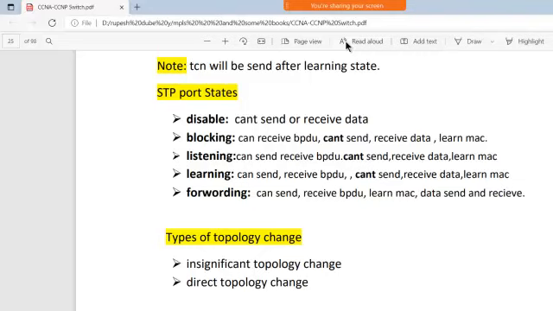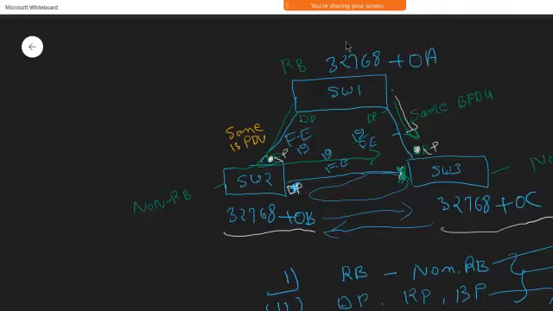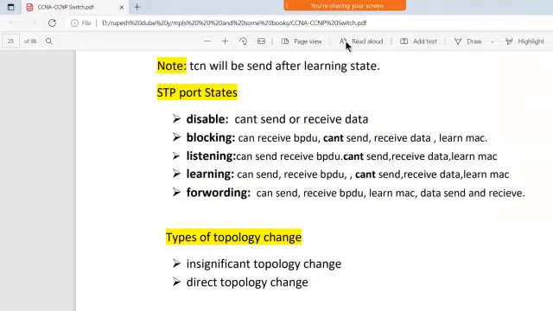When you connect two switches, the first state is disabled, then it moves to blocking, then listening, learning, and then forwarding.